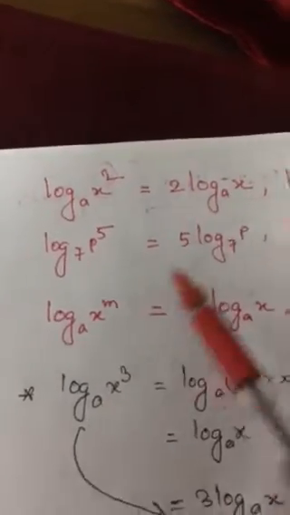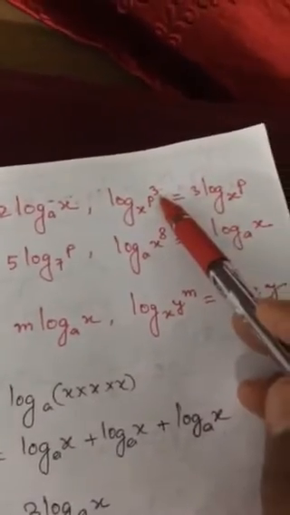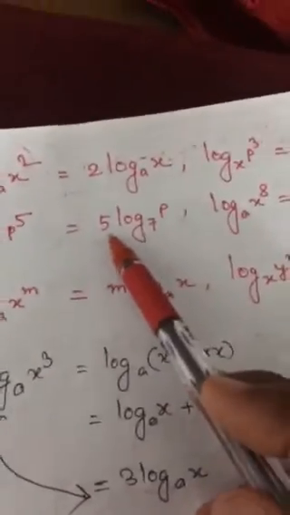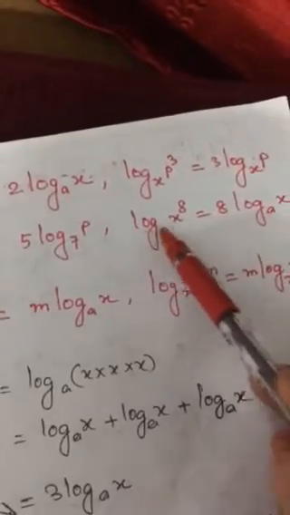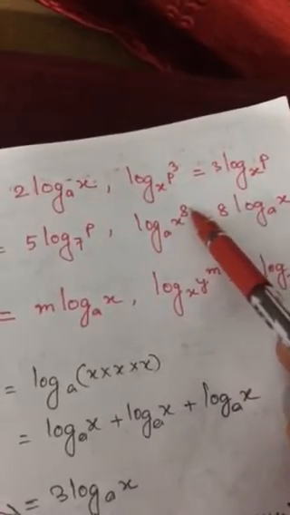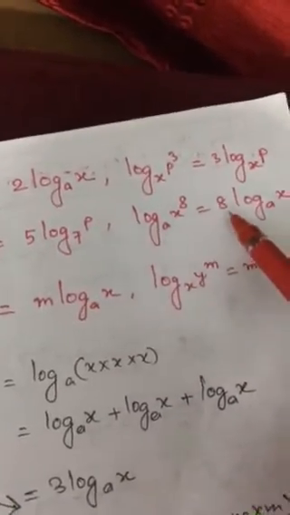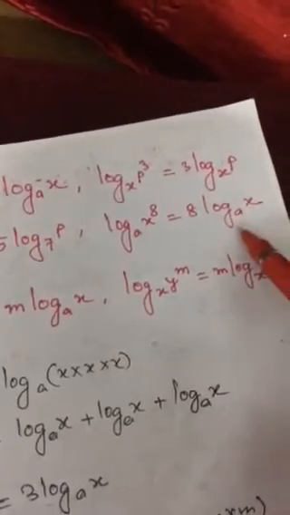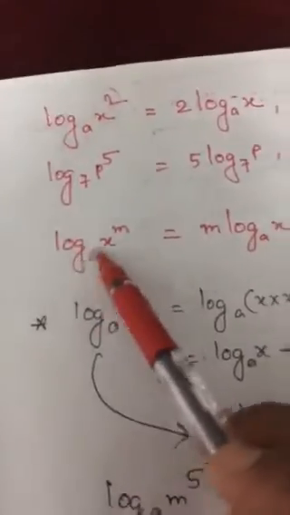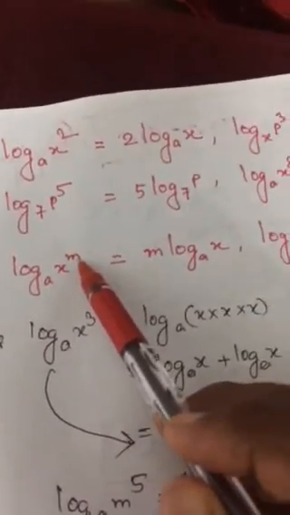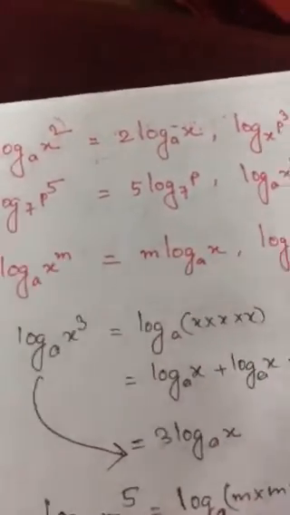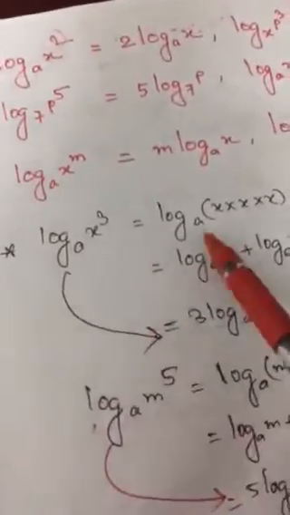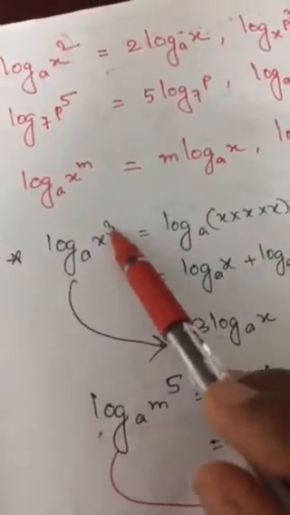Similarly here the power is, you see here 3 is written first. What is the power here? 5. 5 is written first. Here you see log of x to the power 8 to the base a can be written 8 log x to the base a. See here, power. You try to understand here, okay? Power always comes first. So here I have derived also how power comes first.